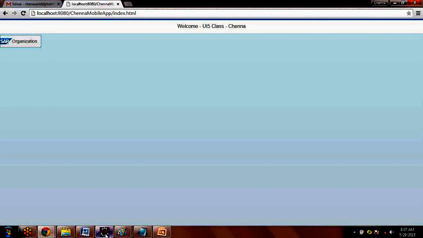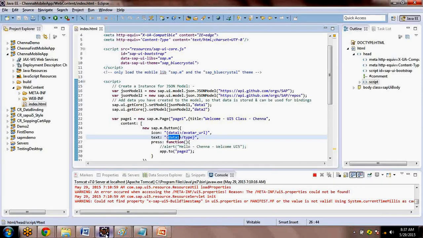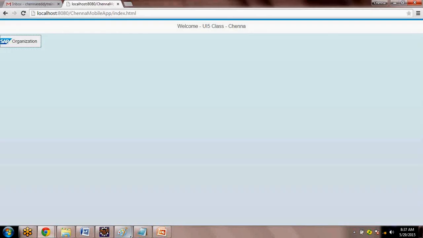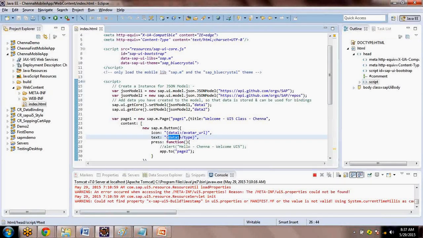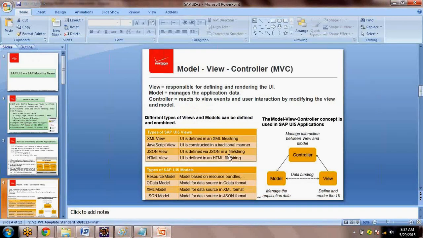Second thing is, why JavaScript? I said use XML or JavaScript, right? JavaScript is more powerful. It is a scripting language, a coding language. It can bring anything on the fly, dynamically. That's more powerful. But a JavaScript view means you need to follow a lot of coding standards.